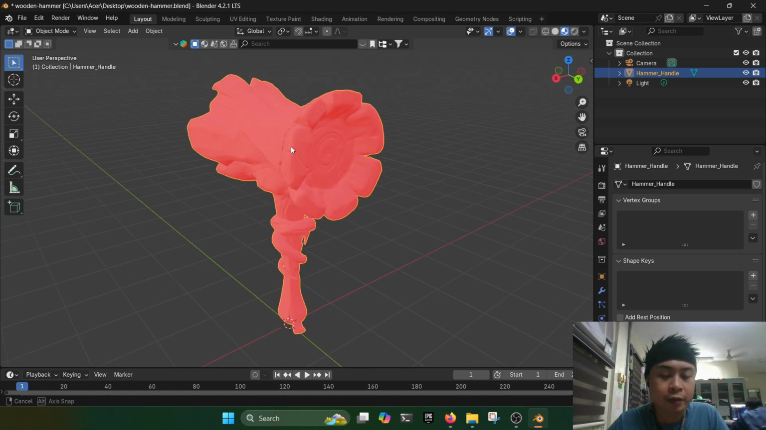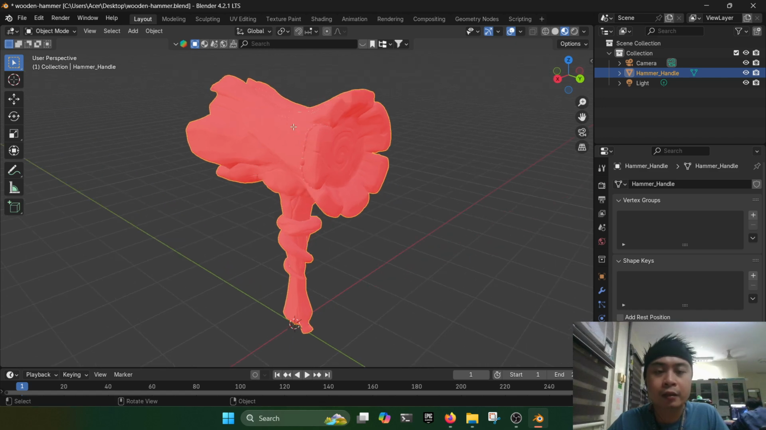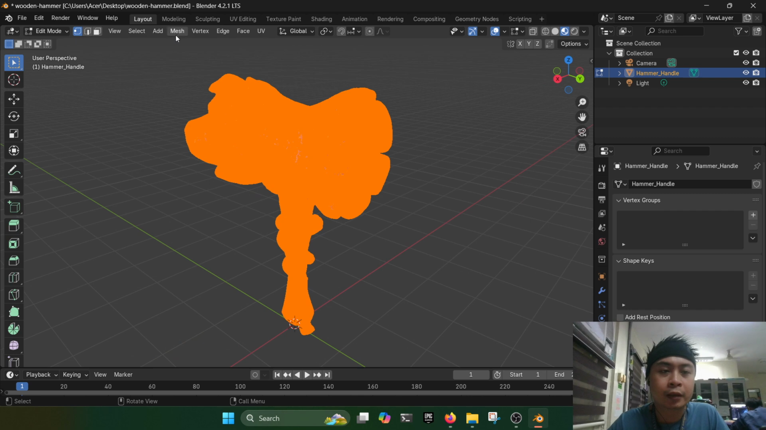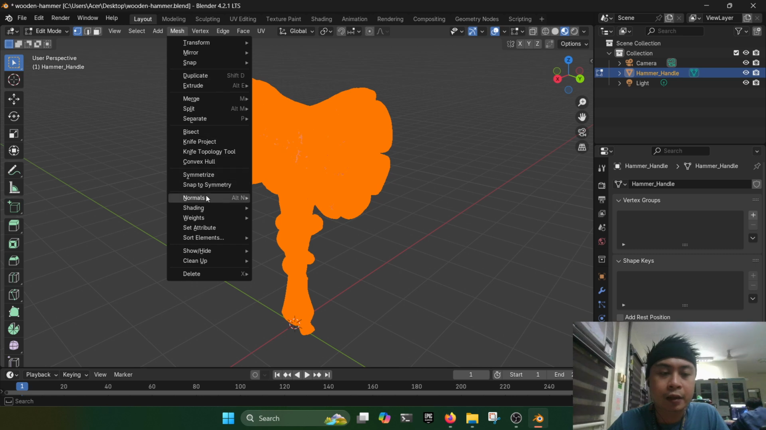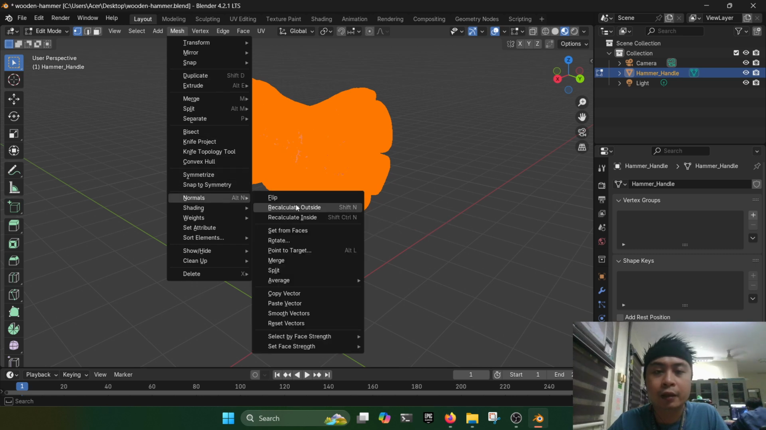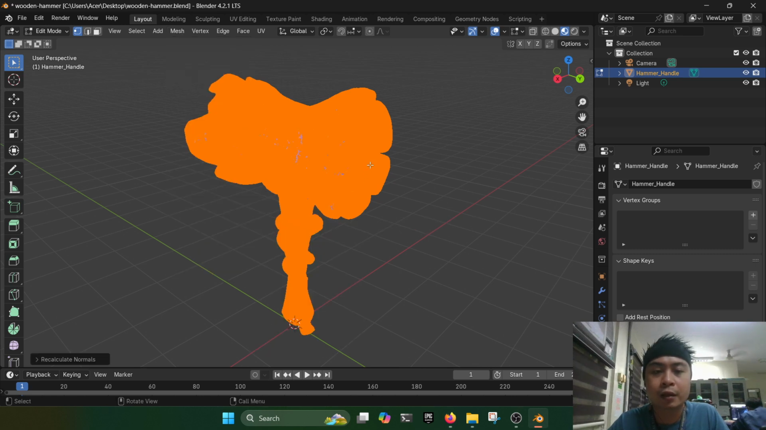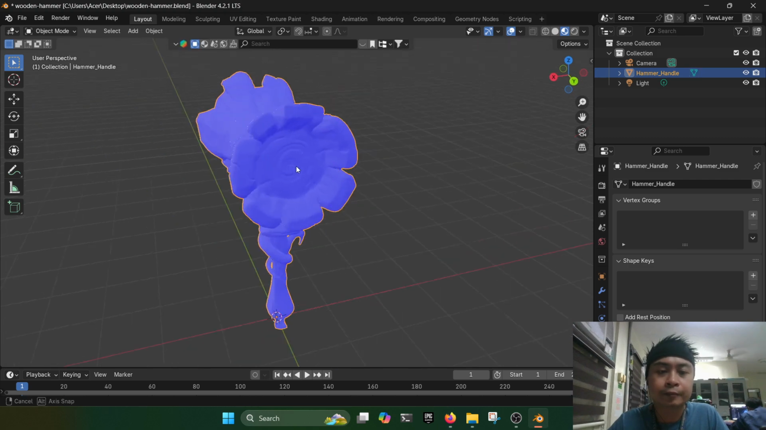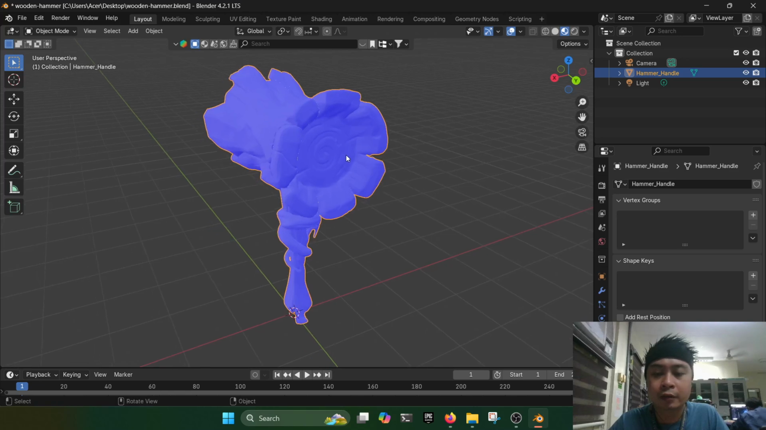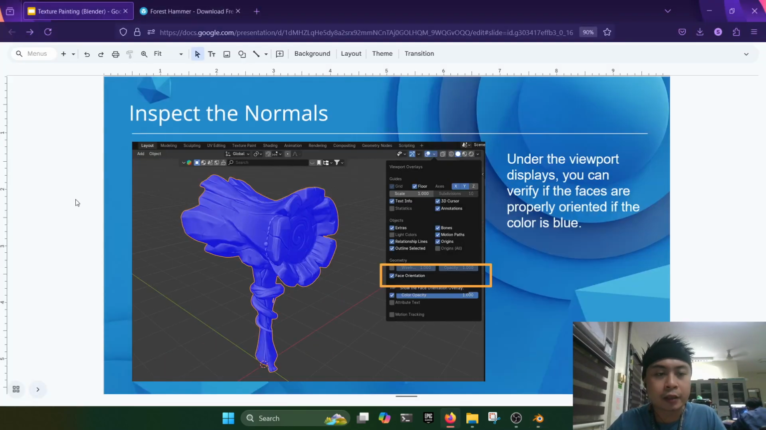So what we can do to fix that is, again, go to the edit mode, select mesh, select normals and recalculate outside. So that's how we do the operation. Okay, so after that,